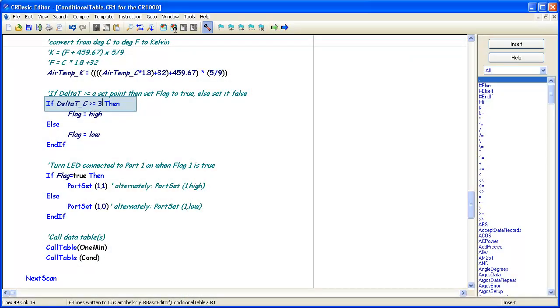Regardless of your cursor location, function keys 9 and 10 will bring up a pick list of variables already declared in your program. F9 inserts the variable, while F10 overwrites what's there. In this example, we'll change the set point from a fixed value of 3 to an already declared variable. Put your cursor where you want the new variable and press F9. The variable pick list comes up. Select the variable. The variable is inserted, so you have to delete the number 3.